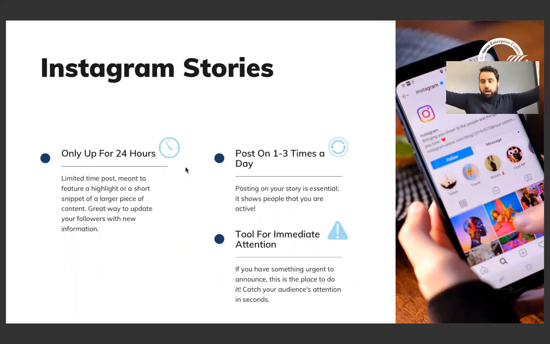TikTok. TikTok is the newest and fastest growing one that you definitely want to be on. 100%, no problem. I'm not too sure if you guys knew this, TikTok is the only app that has the fastest organic reach out of every other platform in the world right now, which means it has a chance of catching a lot of natural attention without any sort of paid advertisement whatsoever once a post has been made.